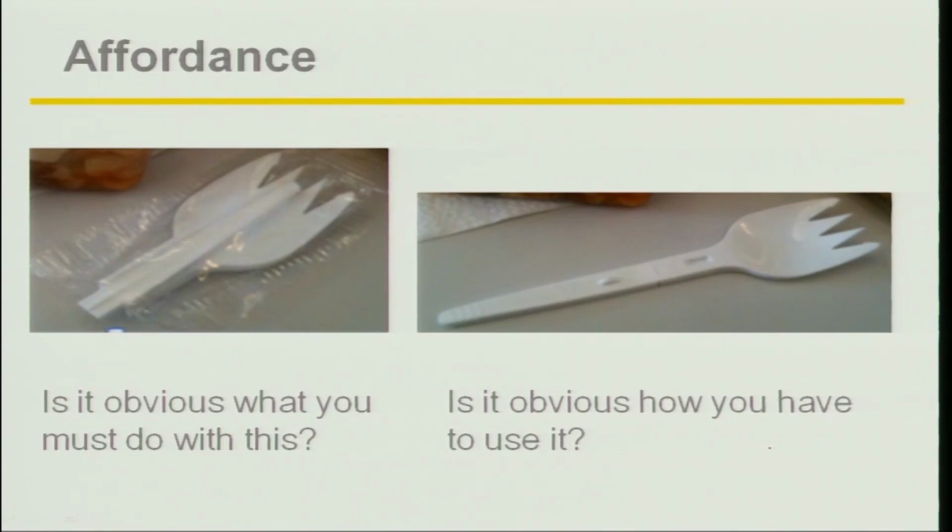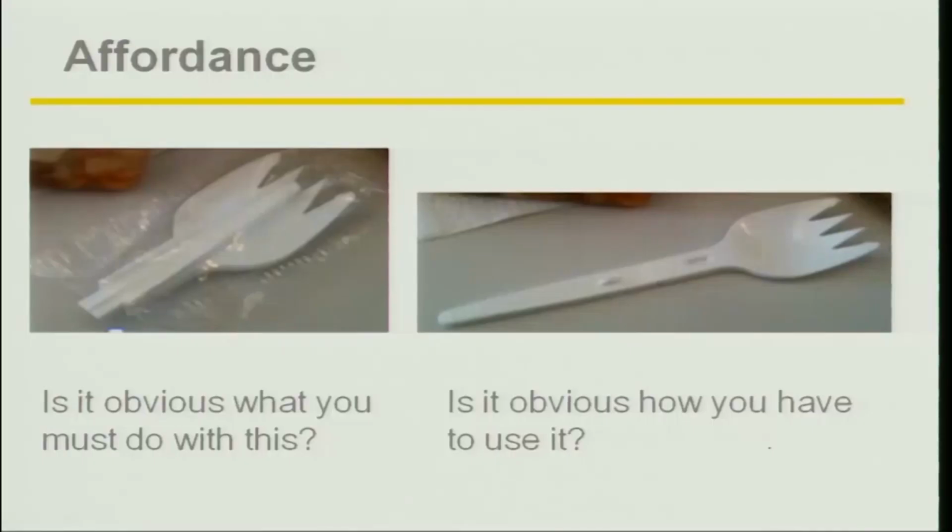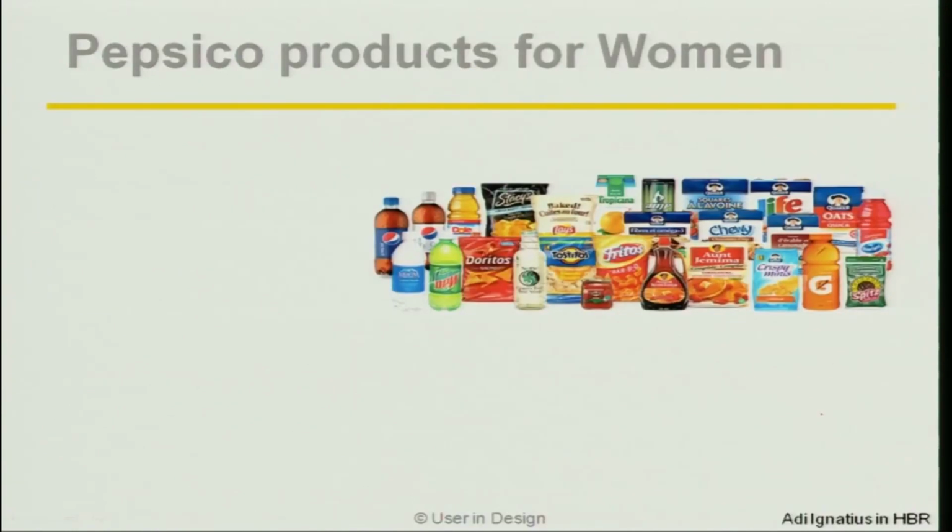This can be ascertained through usability testing, which we will understand. If you took a prototype of this, let's say before this went into production and you made millions and millions of pieces of it, you put the prototype in front of people and just see if they can open it, see if they can figure out what it is, see if they can put it together and know exactly what it's meant for. Okay, so that is the point about affordance.